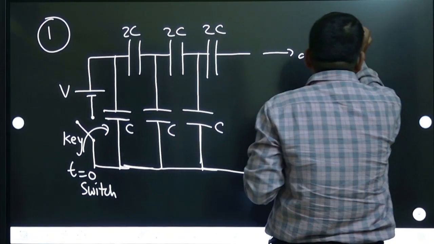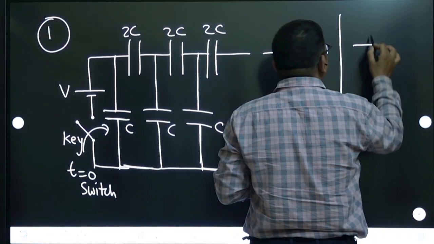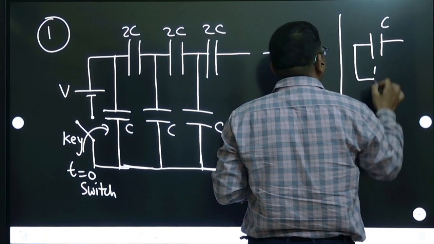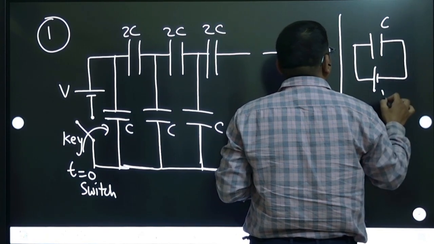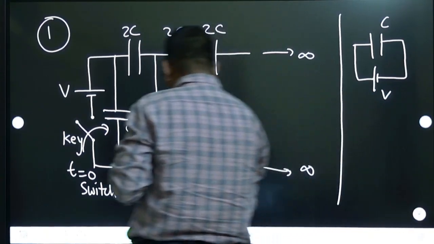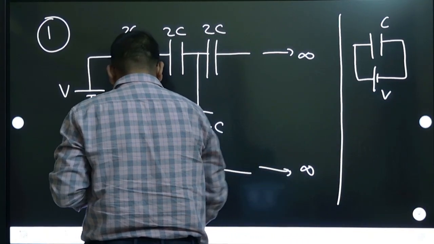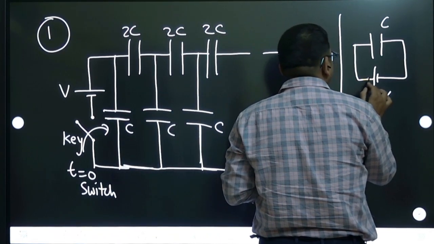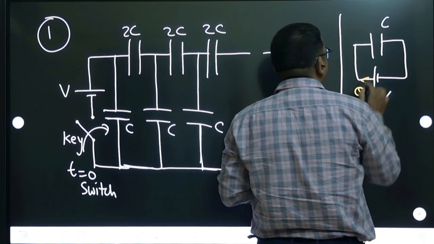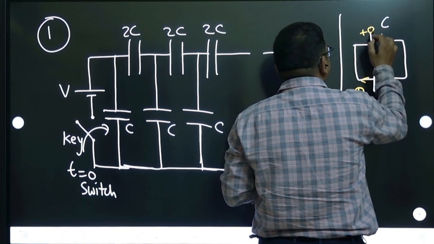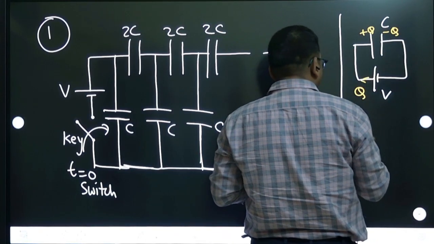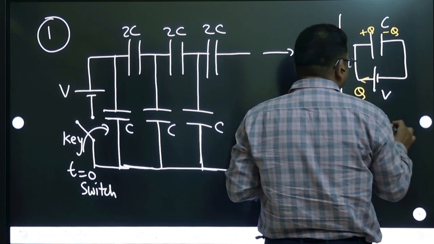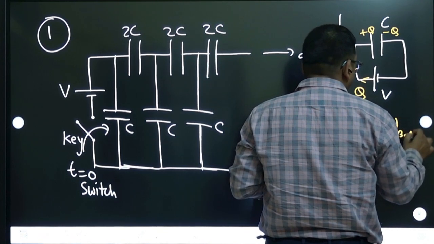Before that, you should also note that suppose there is a capacitance, and let us say you connect it with a battery of voltage V. So what is the heat developed formula? First you should know. Once you connect, this battery will supply a charge of Q, and that charge will be stored here as plus Q and minus Q. So the heat is equal to the work done by the battery